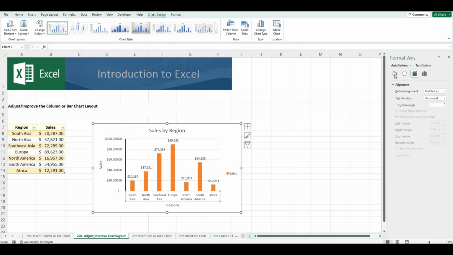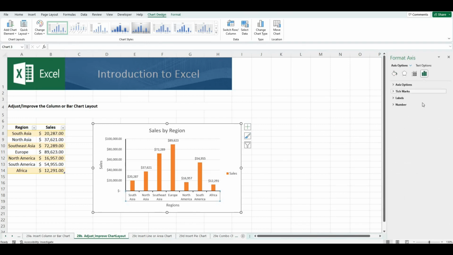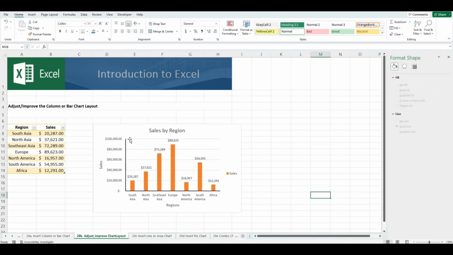Let's double click on that and go to this option here, line again. Let's put in a solid black line. Let's put this to 1. And there are also tick marks, so let's remove the tick marks here, put in none. So that's how you can include lines for your X and Y axis, and you can format it to the